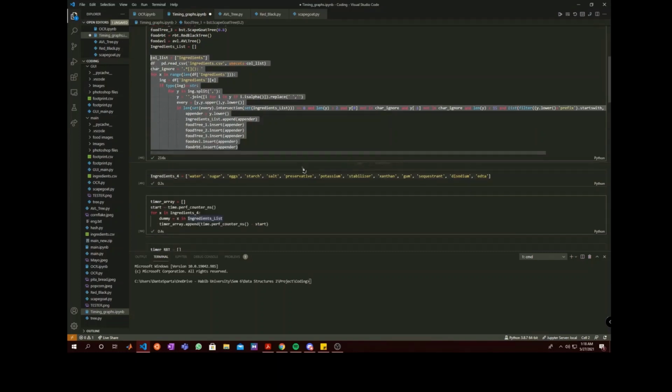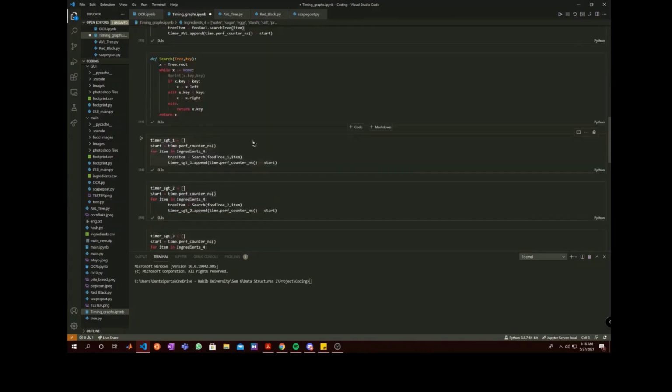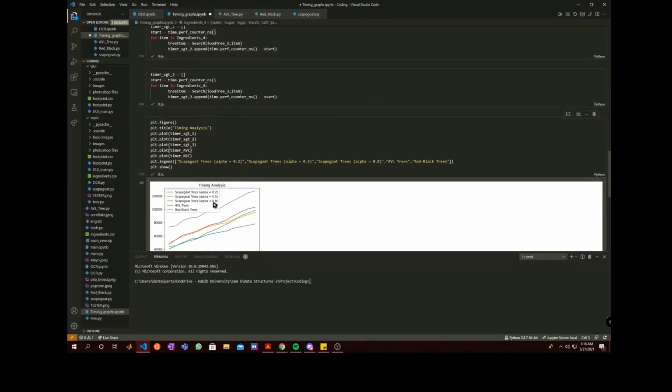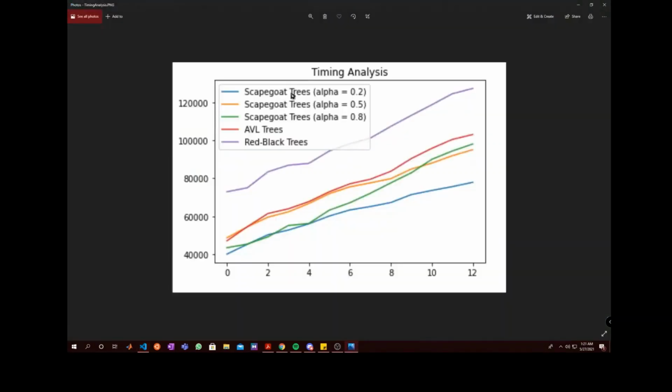So here we have populated the trees with approximately 2000 different ingredients, and then we have searched for these ingredients in our trees. We have calculated each and every one's time, and we have obtained this particular graph. If we zoom onto this graph, you can see that the scapegoat trees with alpha value 0.2 actually outperformed any other tree, and the red black trees performed really poorly here, but the AVL trees were good and they were relatively very close to the scapegoat trees with alpha value 0.5.